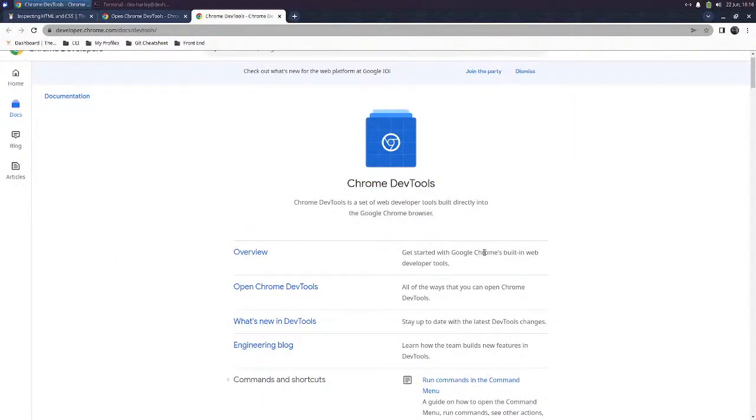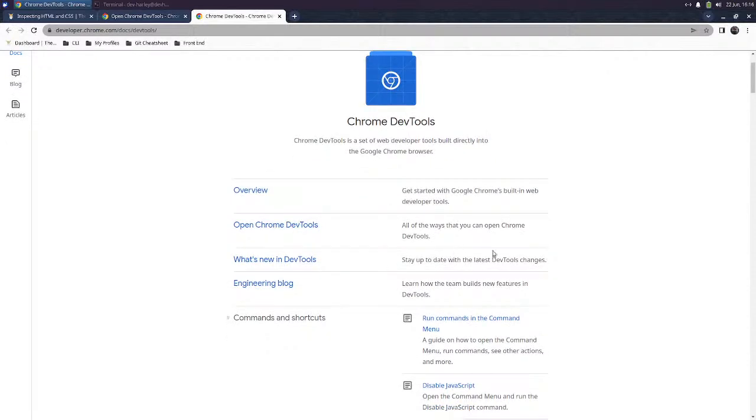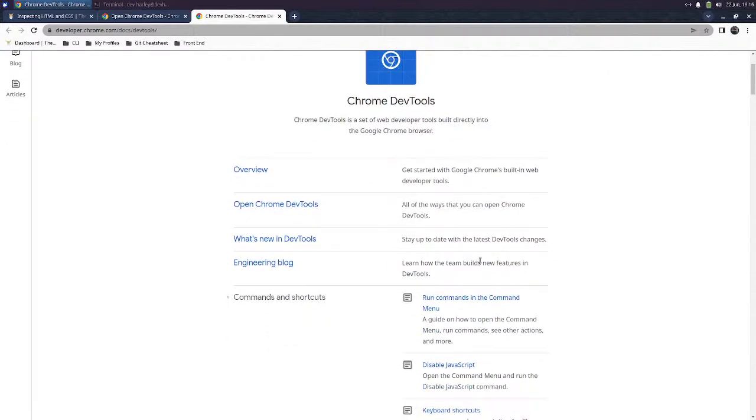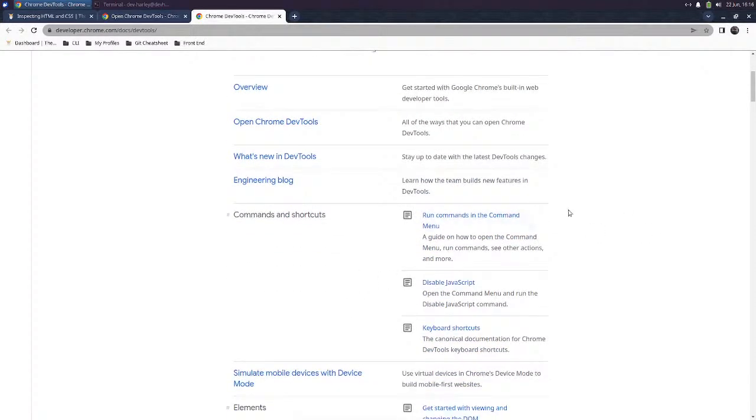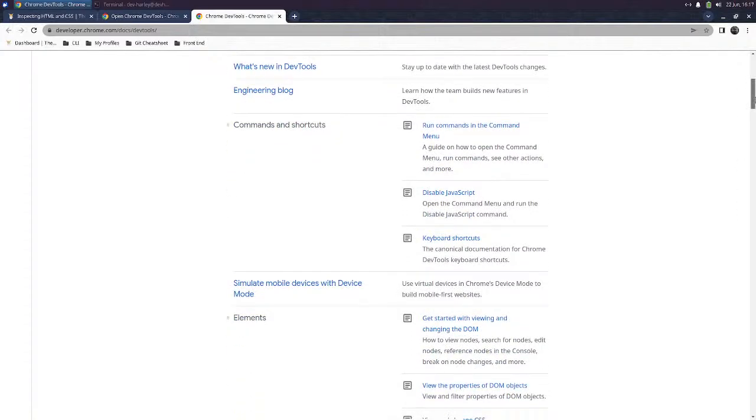So get started with the docs built in Chrome. So Google Chrome's built-in web developer tools. Open Chrome DevTools. Of all the ways that you can open Chrome DevTools. What's new in DevTools? Stay up to date with the latest DevTool changes and engineering blog. Learn how the team builds new features in DevTools. And then there's command shortcuts, run commands in the command menu, disable JavaScript, keyword shortcuts,